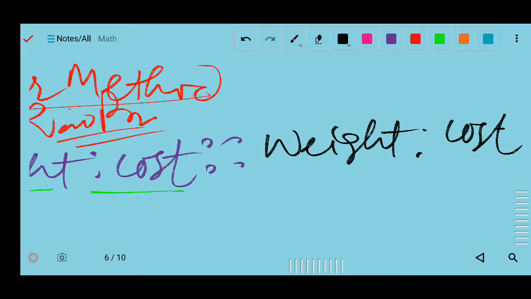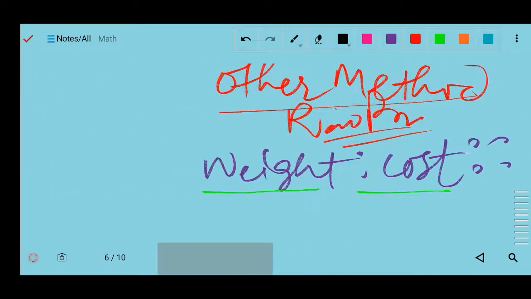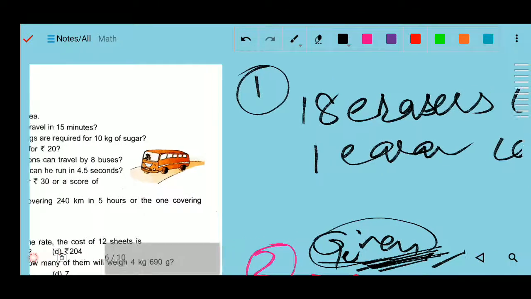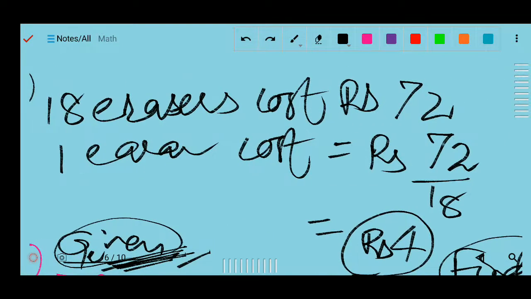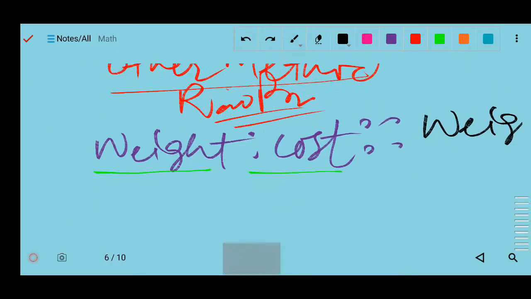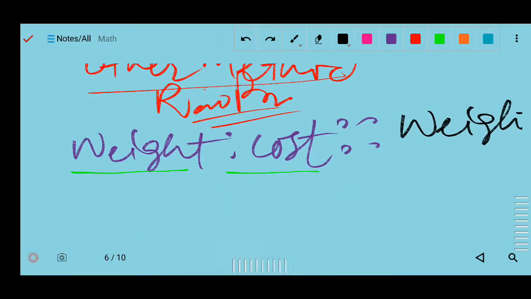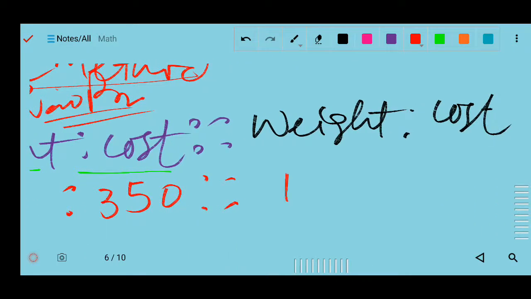ठीक है, नाउ नेक्स्ट यू कैन सी वेट इज गिवन. You can see in this question weight is given, yes, weight is given 7 kg, cost is given, and again weight is given. Okay, so 3 quantities are given, the fourth one we have to find out. So I can write here the weight 7 is given, and its cost is given 350. Okay, in proportion, weight is given 12, and this part is not given, this cost is not given. Okay, this 12 kg's cost is not given.